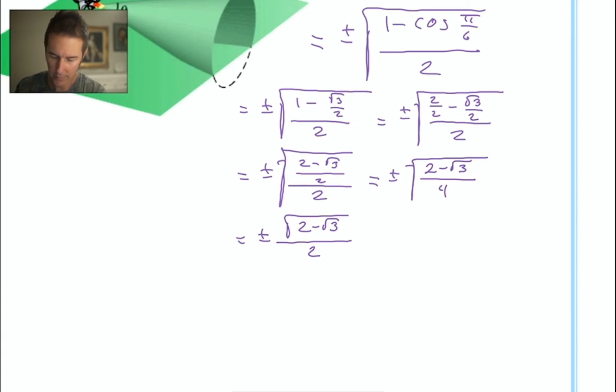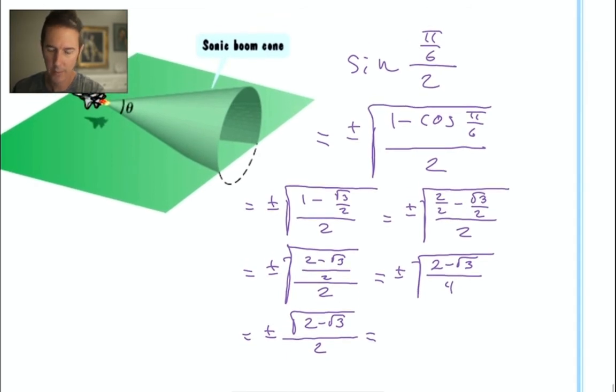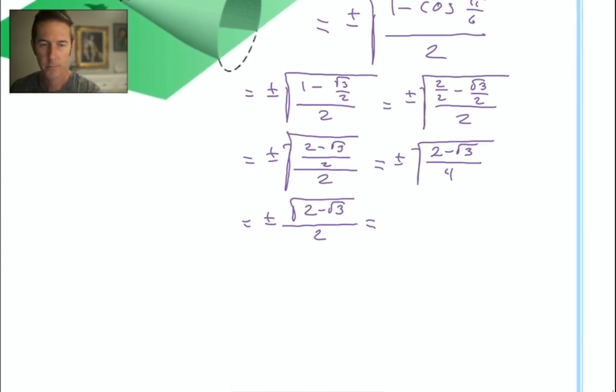Let's do that one last step of determining whether our answer should be positive or negative. What are we actually taking the sine of? At the top of the screen right here, we're taking the sine of effectively pi over 12. Pi over 12 is in the first quadrant. The sine function is positive in the first quadrant. All of our functions are positive in the first quadrant. So we do have a positive value here, which is the square root of 2 minus root 3 all over 2. Now, remember, this is equal to 1 over